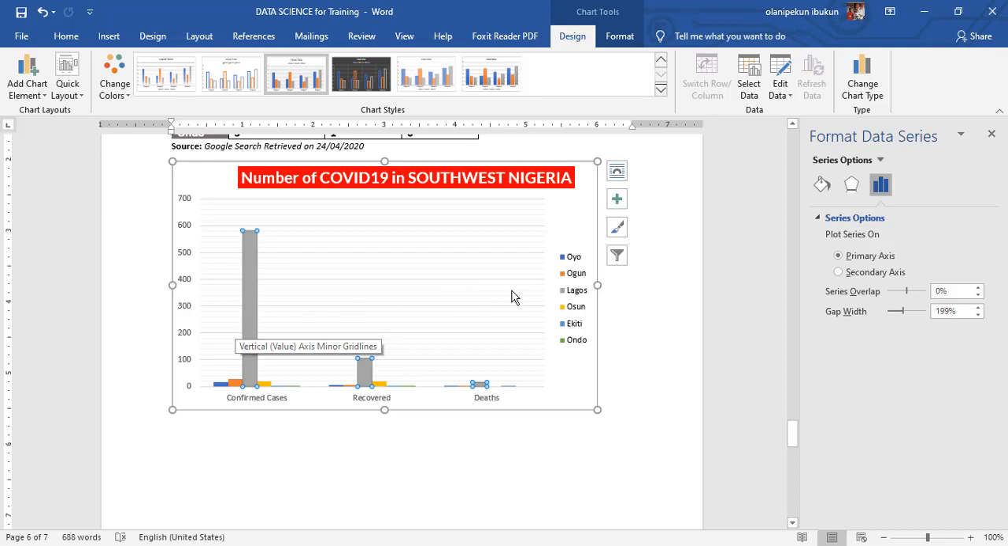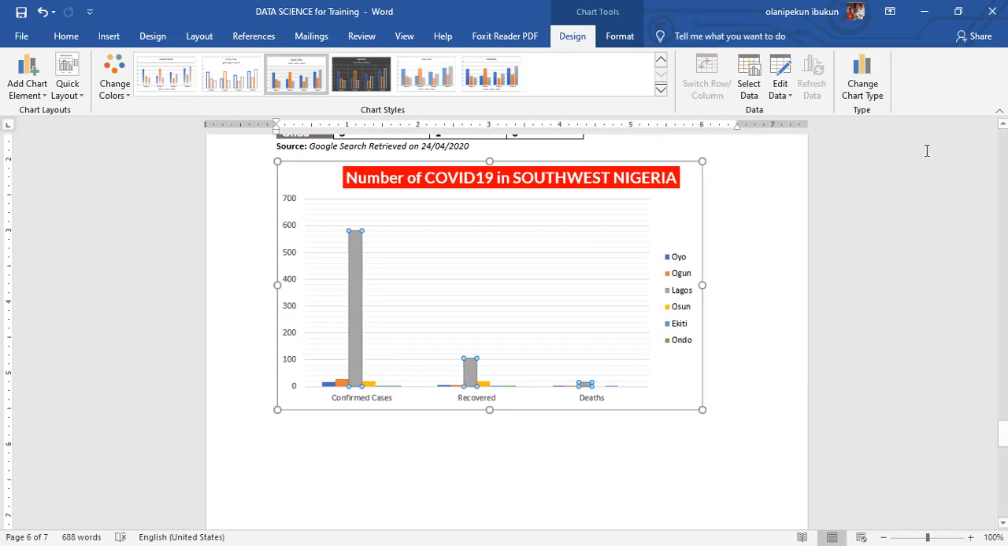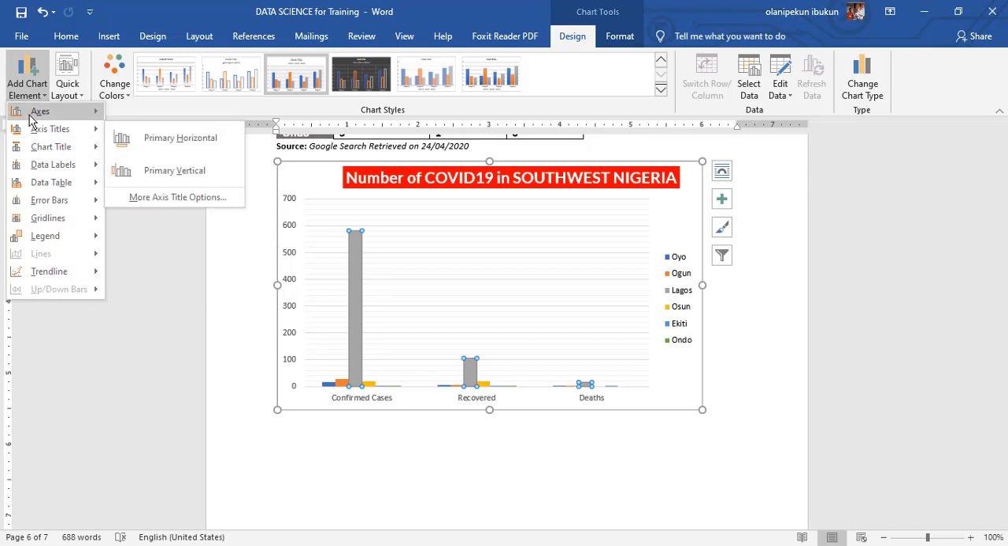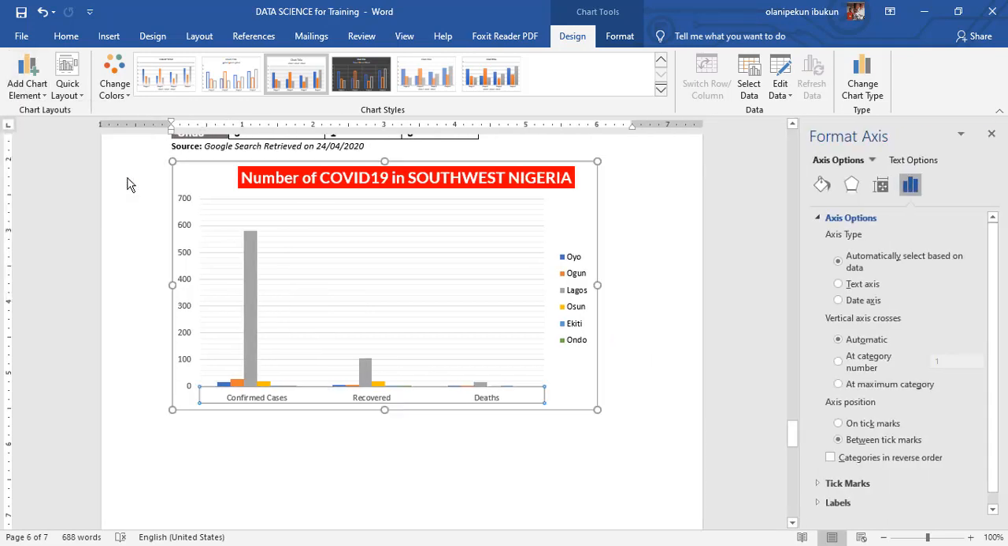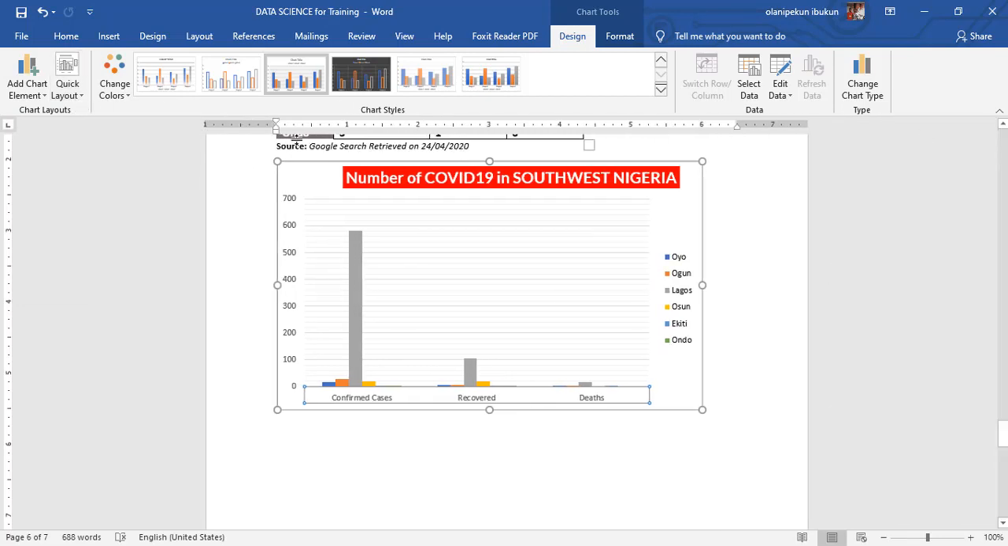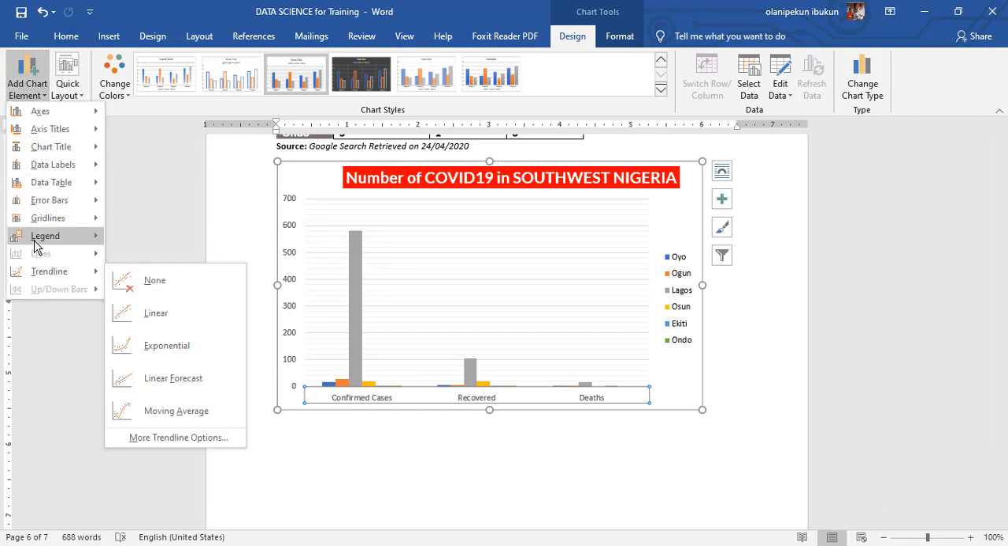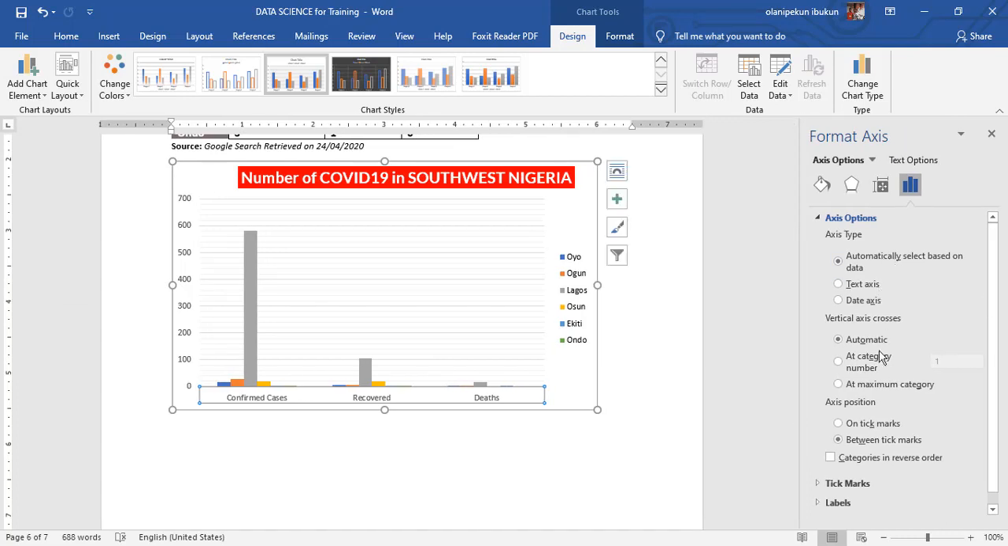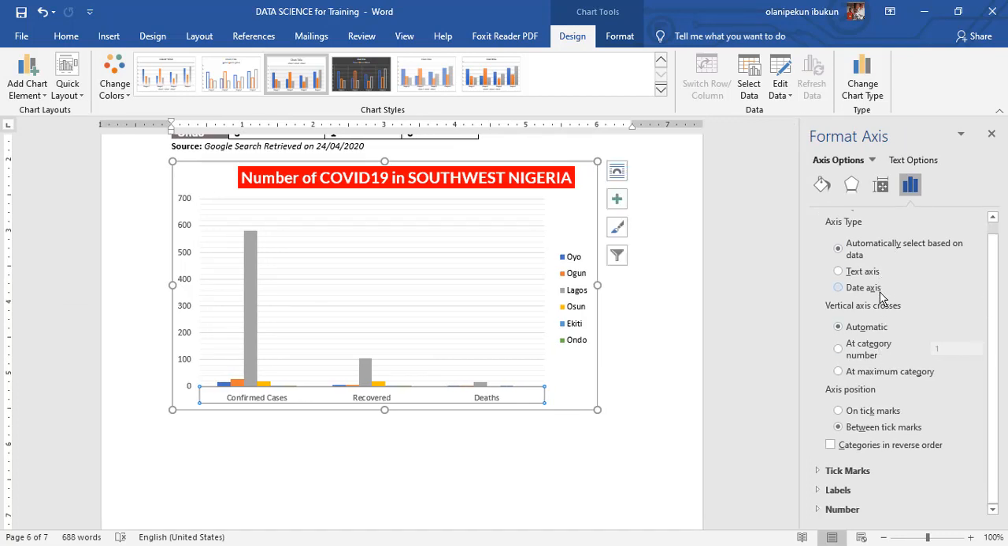Okay, so if you have under this series option, under this chart option, so that is that about working with line graph. You can just play around with this and this, or just come to more axis options. If you come to more axis options, you will be able to have a sidebar here that can help you to adjust some of your